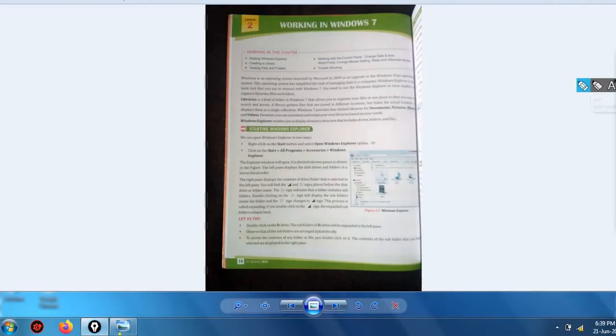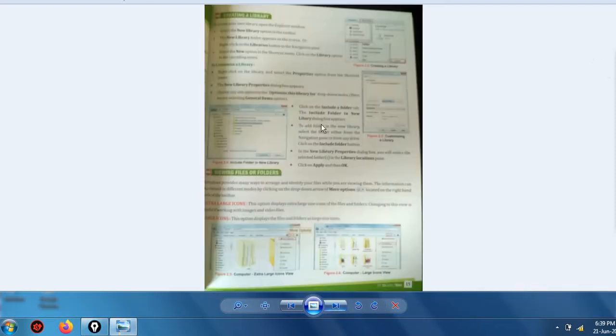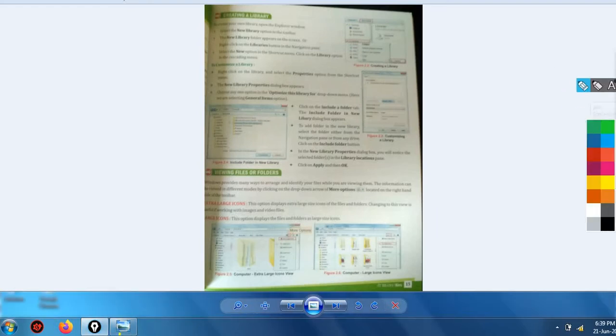Here it is. We have already covered Windows, what is starting Windows Explorer, how to start this. Next we have discussed creating a library, how to create a library, and viewing files and folders. This also we have covered, right?